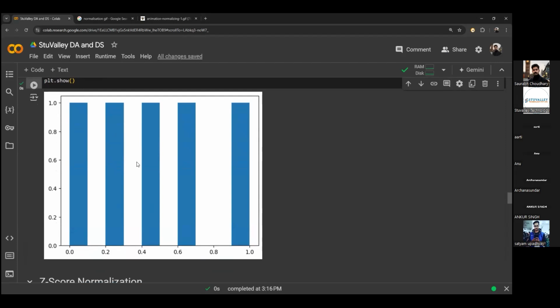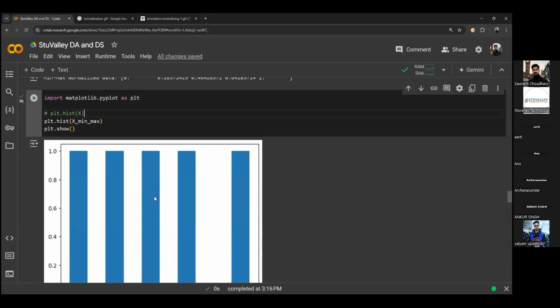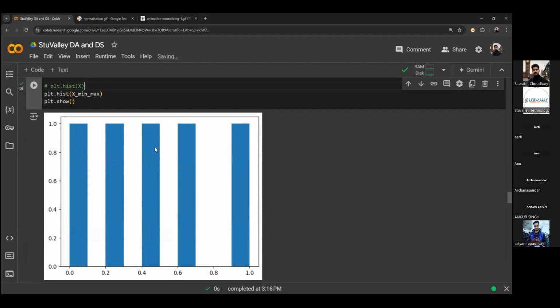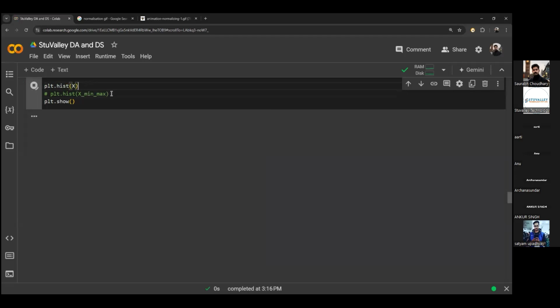Okay, right now it is not showing any difference here because the scale is almost the same. It's not showing any difference, but yes, the data has decreased a little bit. You can see it is going from 0 to 1. But in the case of our normal, original data,